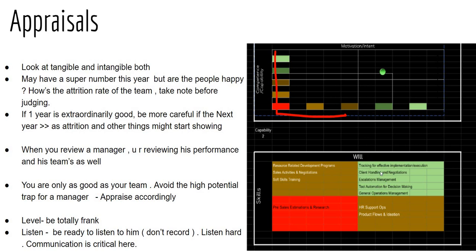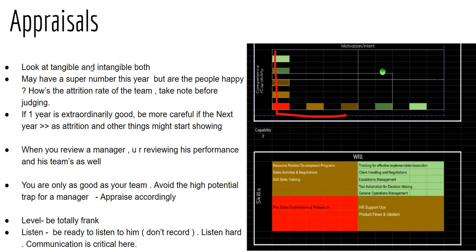He's good at it and he wants to do it. So basically this means that though he's skilled at it, he is not really keen to do it. Resource related development programs, sales activities, etc. This means he wants to do it, but is not really highly skilled at it. So moving on to the other points,